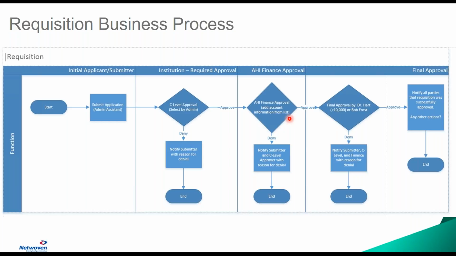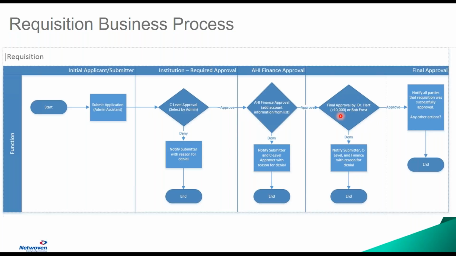Now, the next thing I wanted to talk about is what happens when you have a more complex type of workflow. I showed you just a simple case where it's a simple approval. Nintex supports very complex business processes that might have multiple stages. In those multiple stages, on the left-hand side for this requisition, some administrative assistant submits an application for a requisition, and it has to go through three levels of approval: C-level approval, finance approval, and then a couple of individuals here that must approve it based on the value of the requisition.